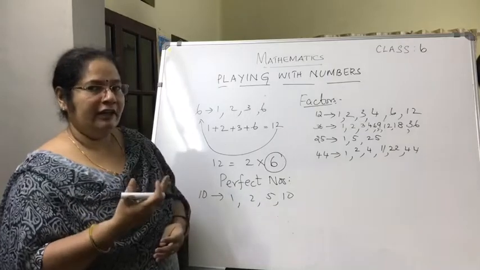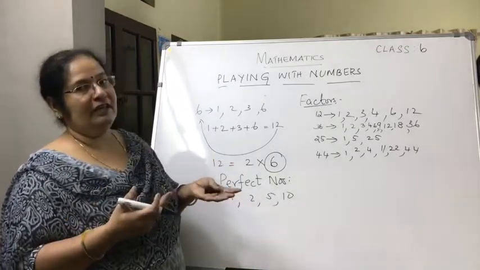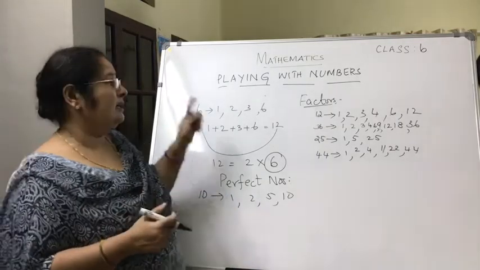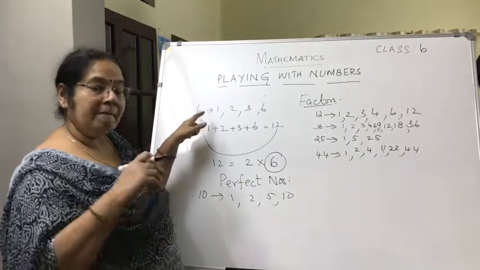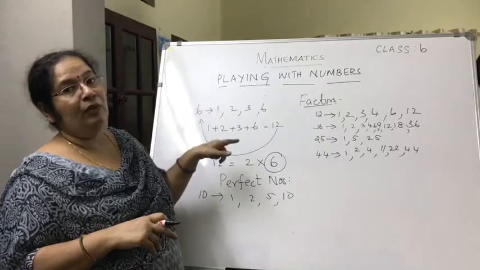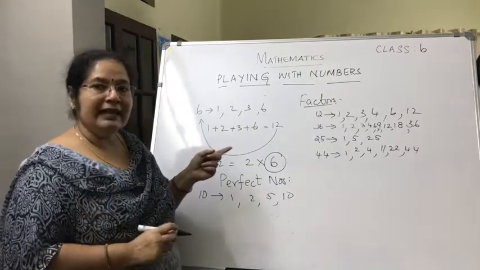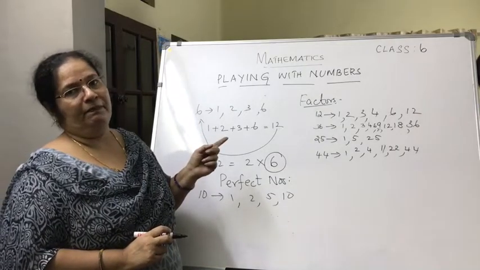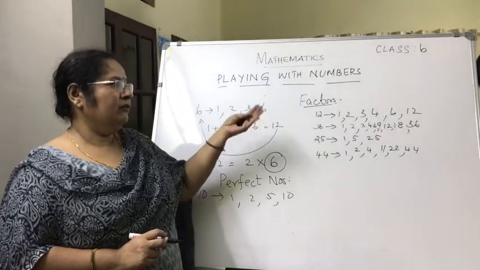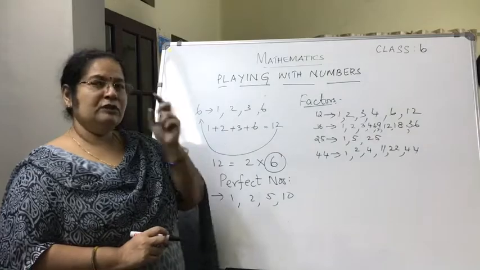Now you will be finding out some other number which we can call a perfect number, or you will be finding out more perfect numbers. What is a perfect number? A number or numbers whose sum of the factors is equal to twice the given number, 2 times. We call it a perfect number. So have you understood what a factor is and what are the things we conclude from factors, and also what a perfect number is? Now one more small concept.